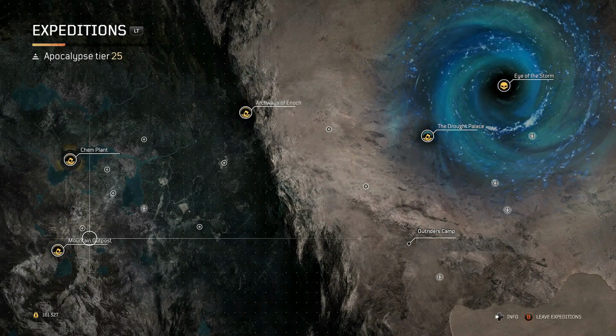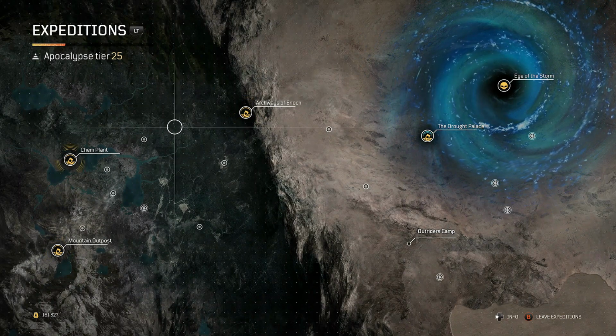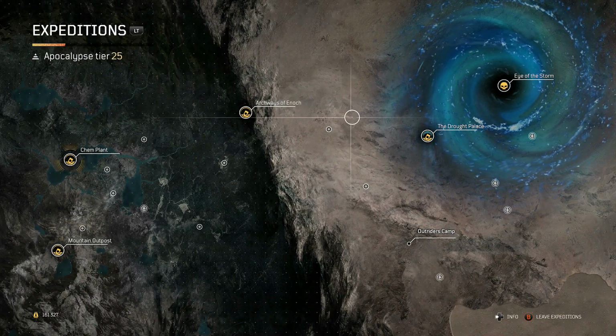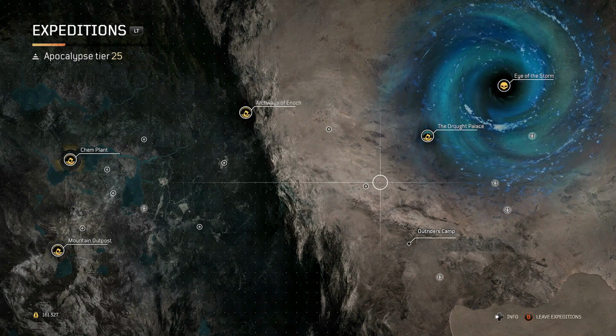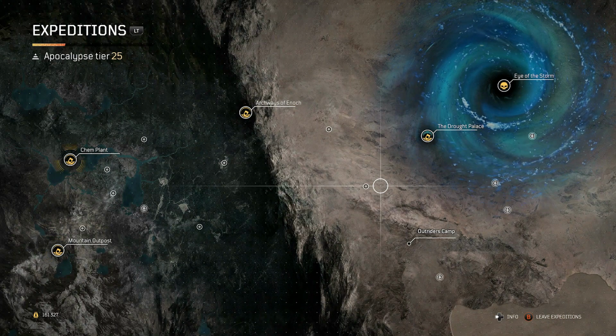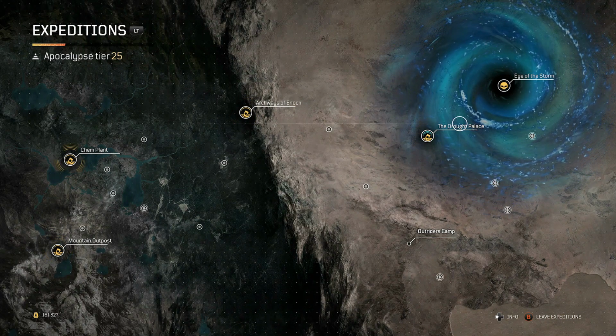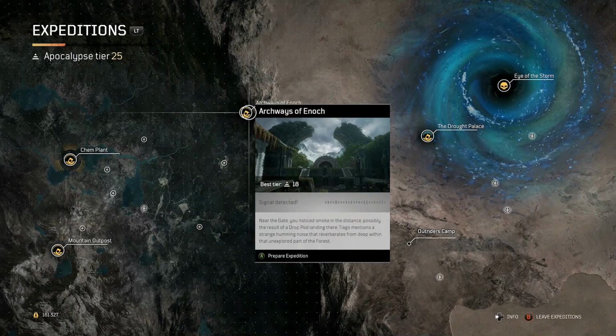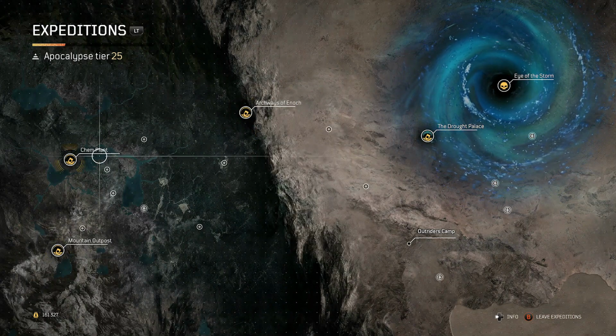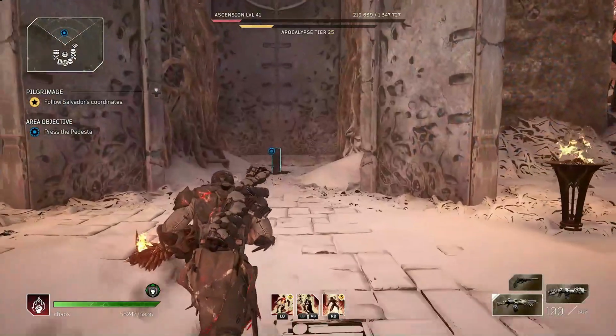So when I first started out, I went back and tried some of the expeditions. I tried all of the regular suspects. I went to Boomtown, I did Archways of Enoch, Chemplant. They're not bad per se, but they're not the best. Even Eye of the Storm I didn't find the best, to be perfectly honest. They're pretty good for getting some drop pod resources, but once you hit endgame, it does definitely work out in